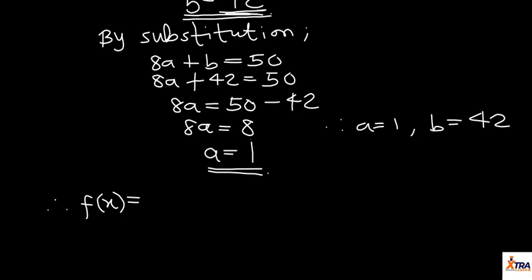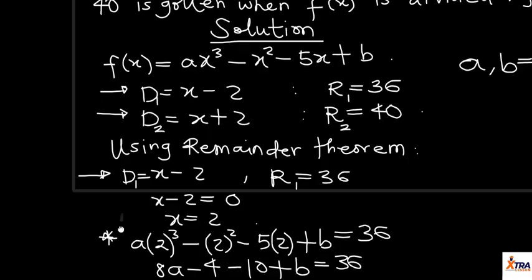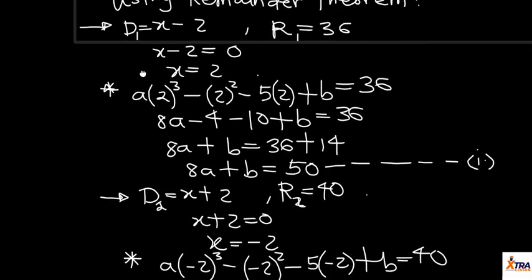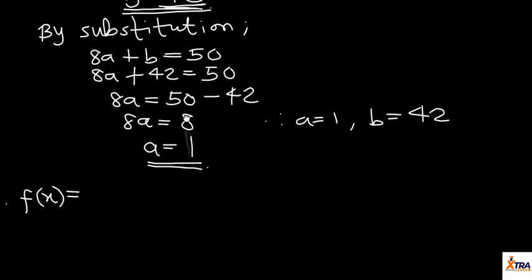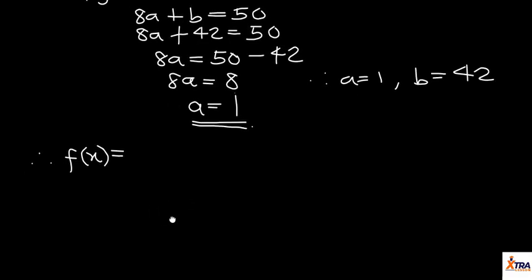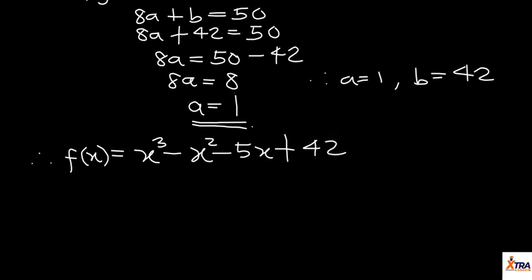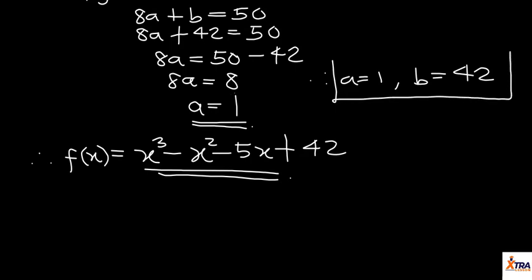So the polynomial f of x will now be, since it used to be ax cubed minus x squared minus 5x plus b, x cubed minus x squared minus 5x plus b, where b in this case is now 42. So these are our answers. So this is where we call it a day on